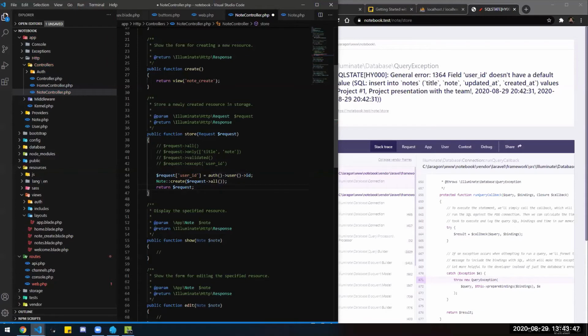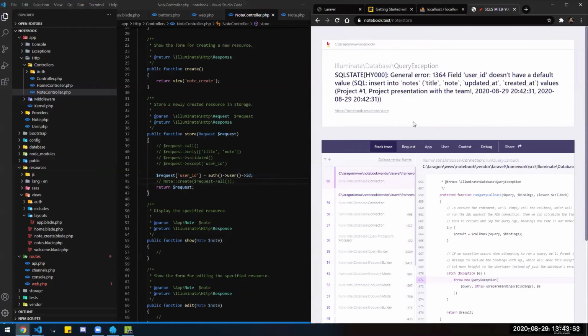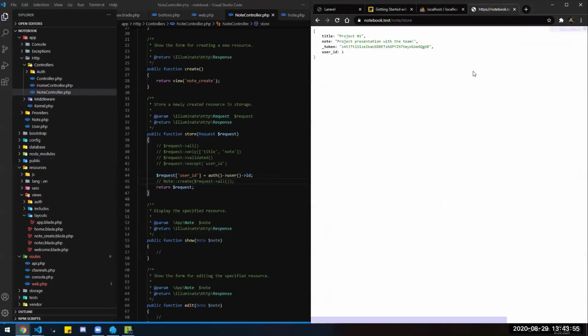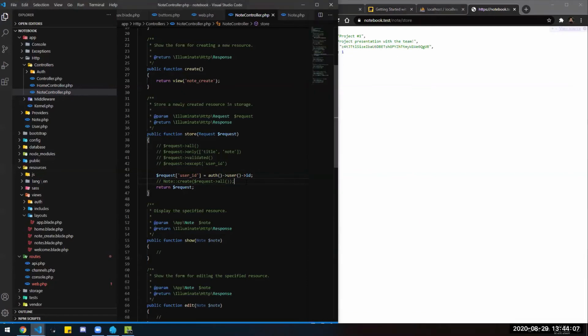So let me not create that yet, so you can see what the request looks like now. See, now we get a user ID besides the title and the note. So now that we got all three elements that we need to make a successful insert in the database, we can totally create it. But after we create it, what do we want to happen